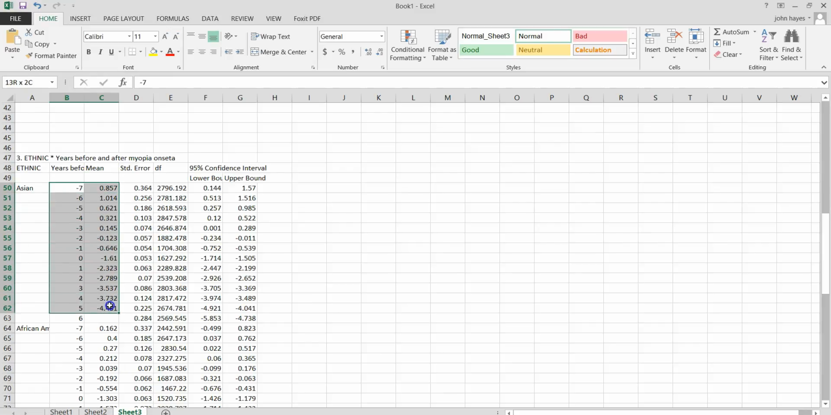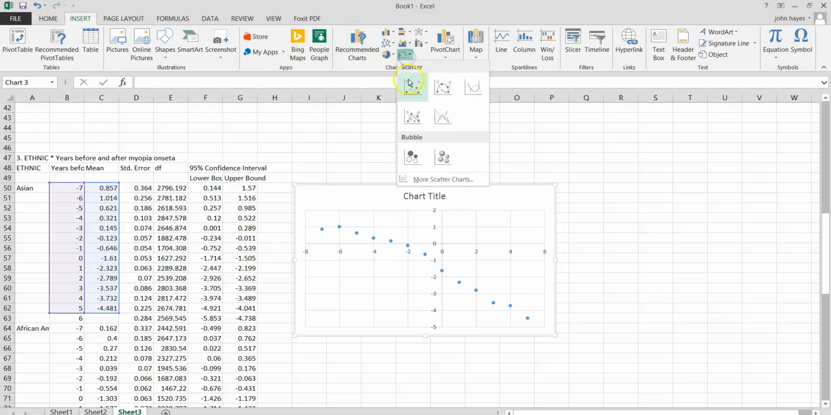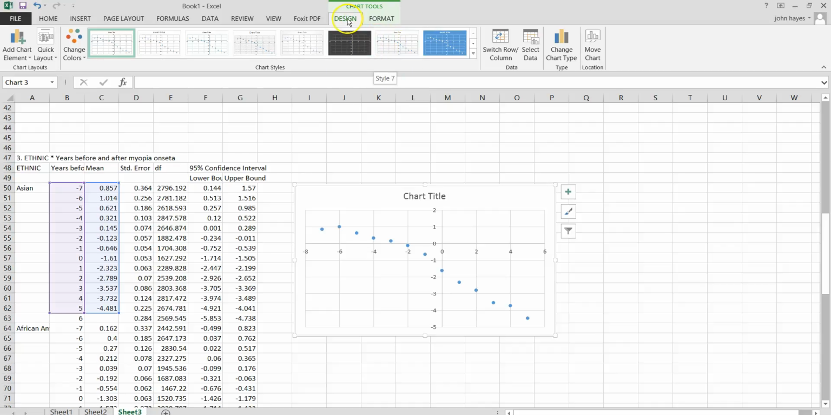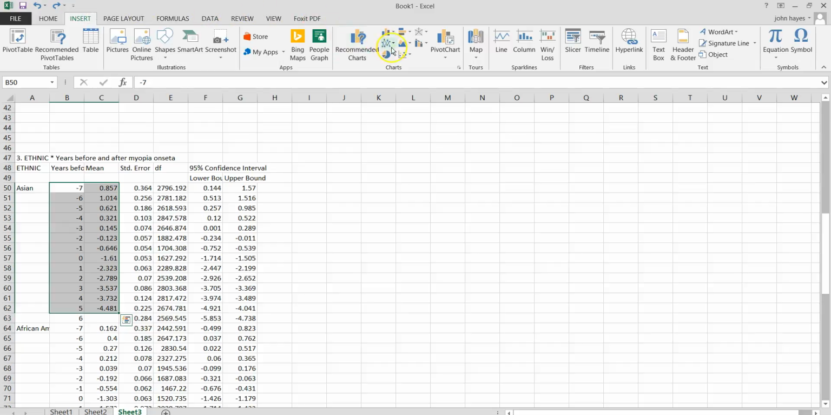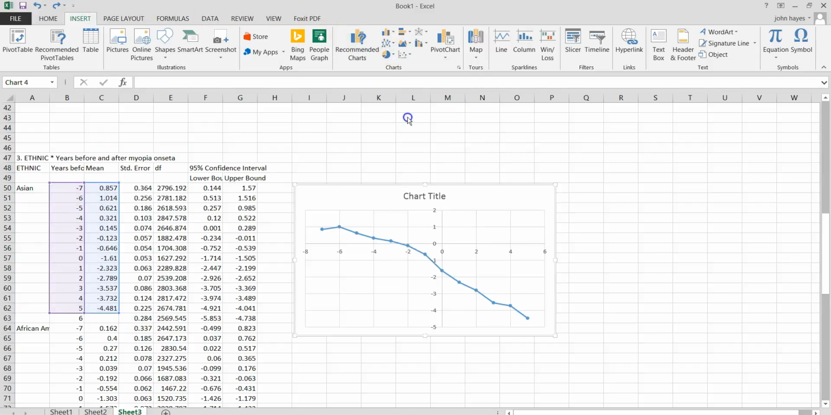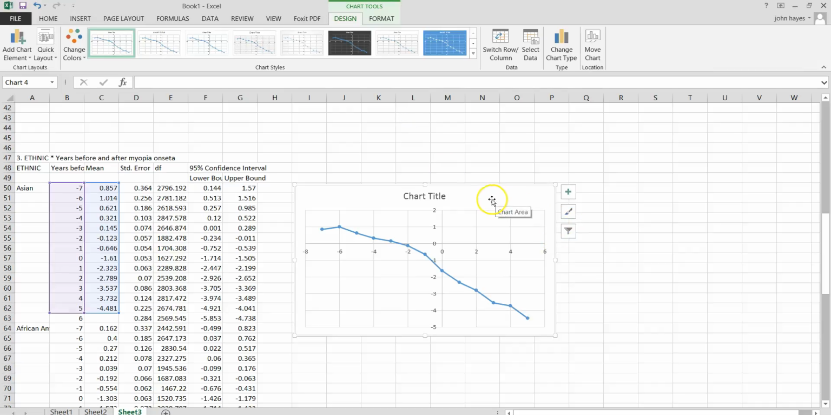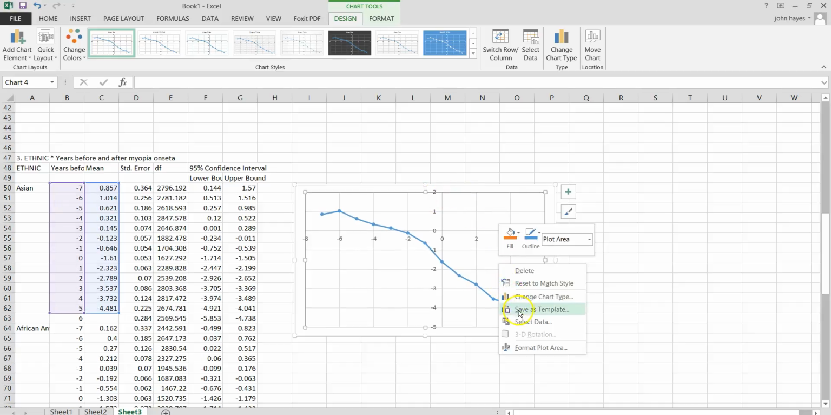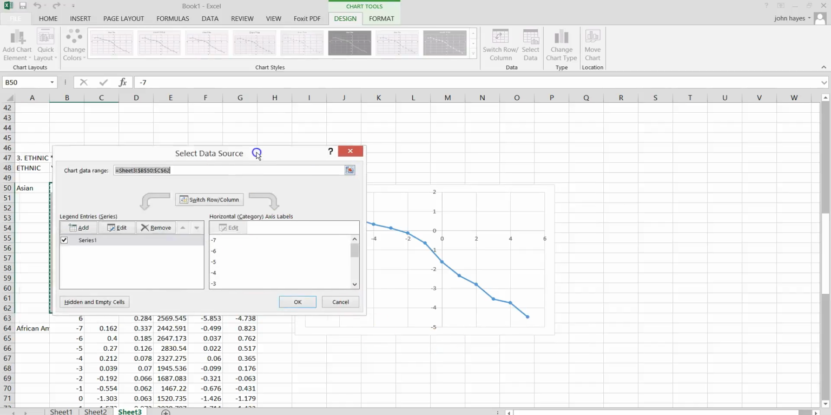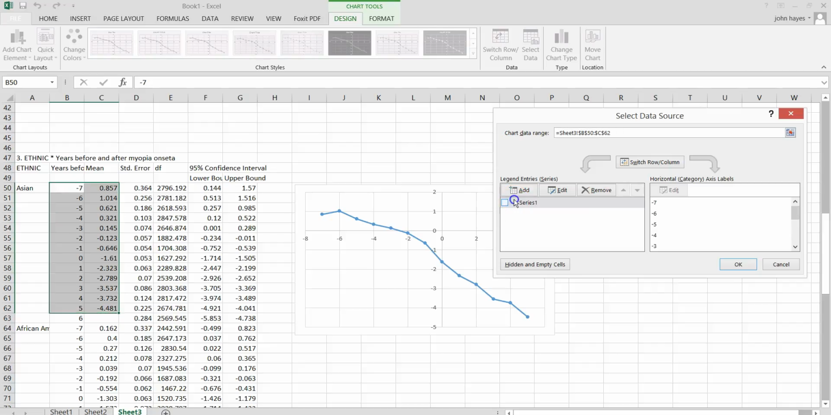We'll do it based on the years, and let's insert a scatter with a line. And then we'll get rid of this chart title. Let's go in, right click, select data, and move this over here. We're going to edit series